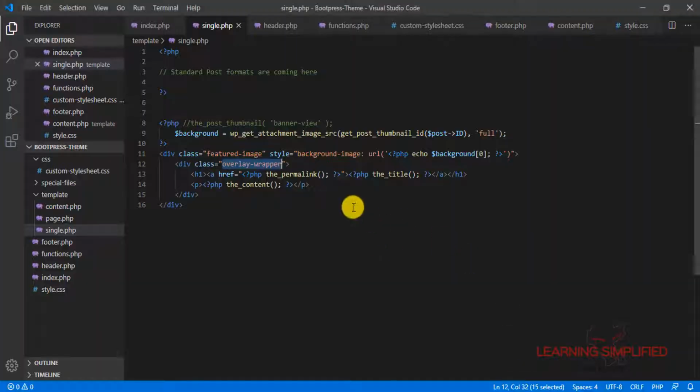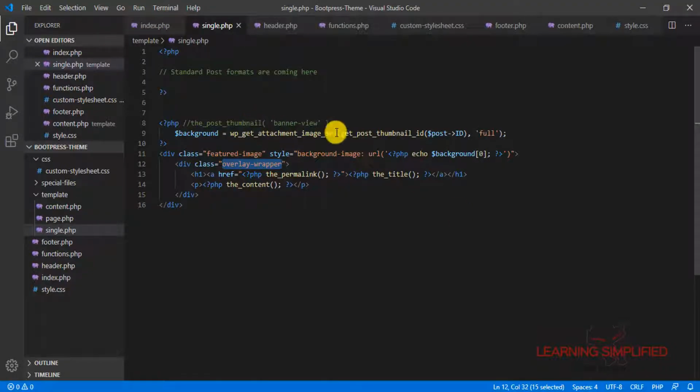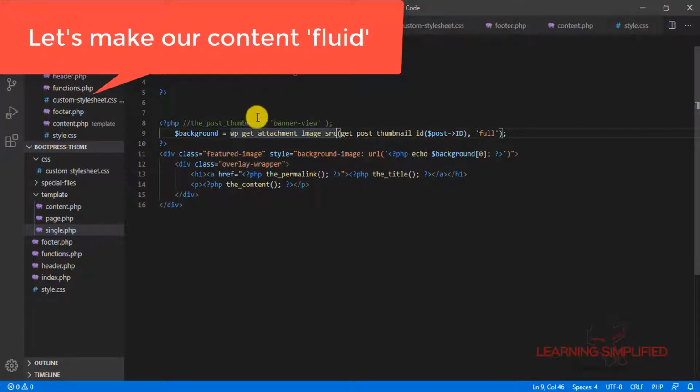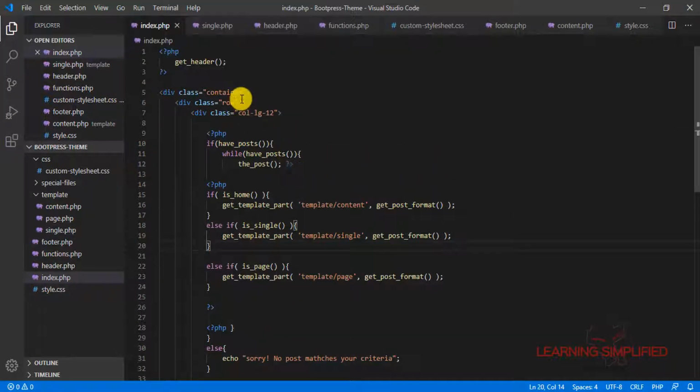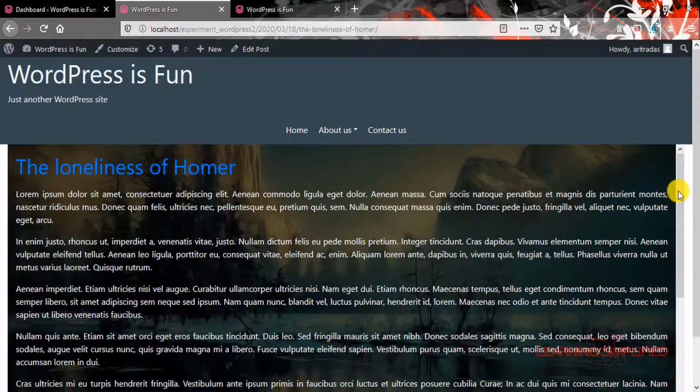And another thing, we may change this individual display of the container, and in that particular case, all we need to do is, instead of the container, we might be using the container fluid right over here. So if we head back to this index.php, instead of container, we make usage of this container fluid, press Ctrl S, reload, and you can see that this will be the result.